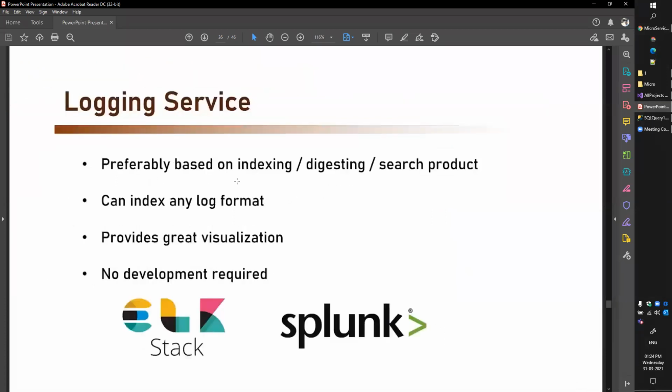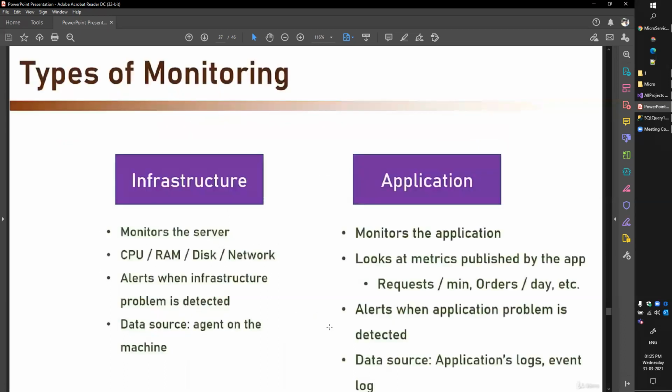Logging means you can use either ELK Stack or Splunk. I think some clients are already using Splunk to read and manage the logs, and it gives you a clear picture of what actually went wrong, right? And in the case of monitoring, basically you need to monitor your infrastructure along with applications. I'm not going through all of this because time is running out, but yes, we already do this part